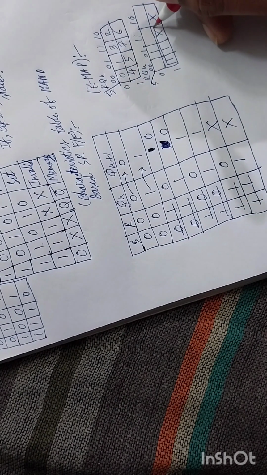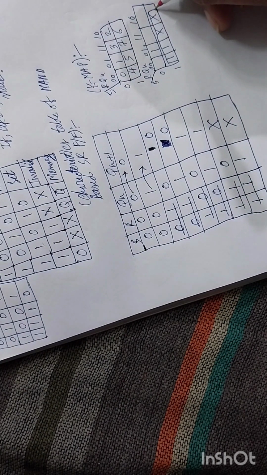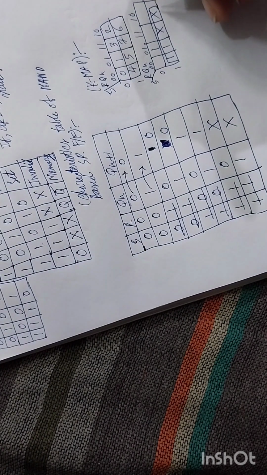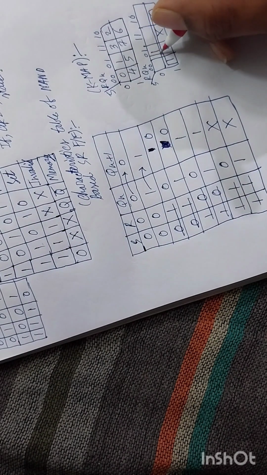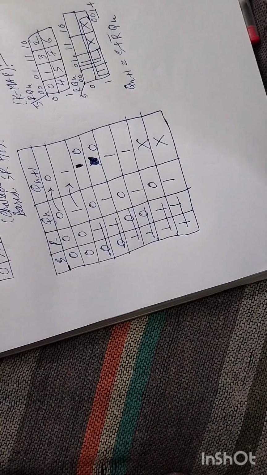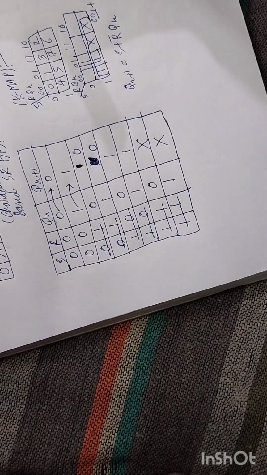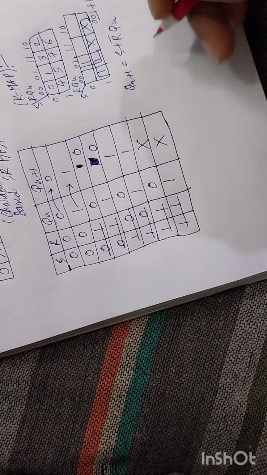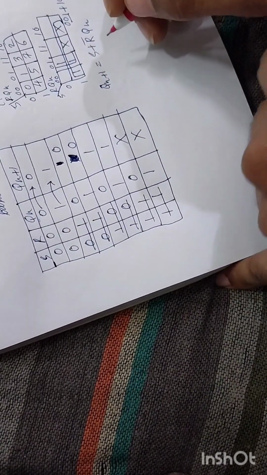So we can see that here it is a quad, and for here it is a pair. So here the first value is S. It is S because if we define the K map,